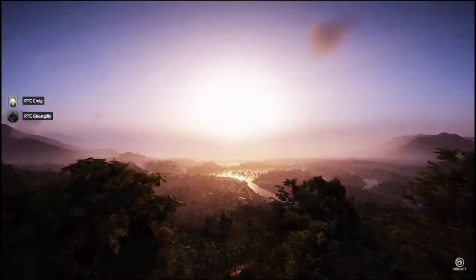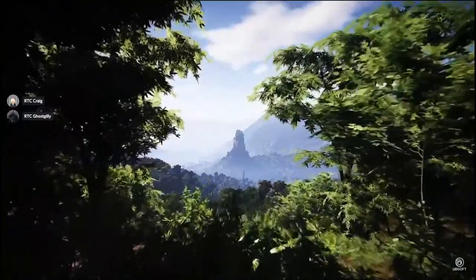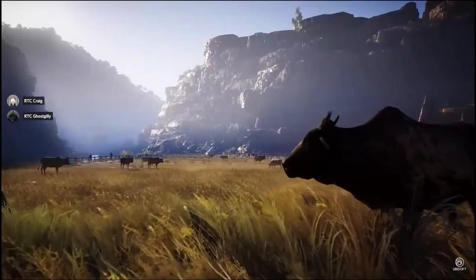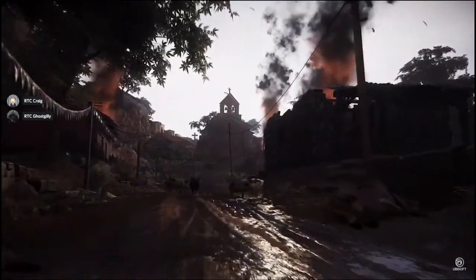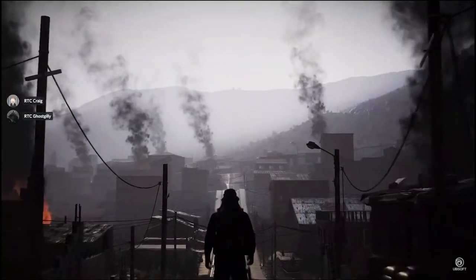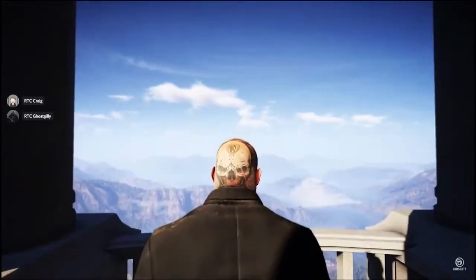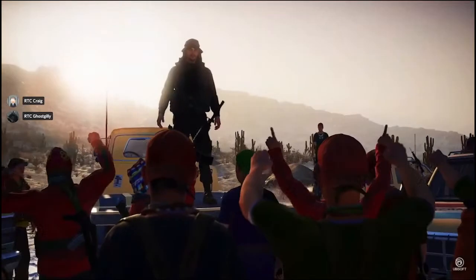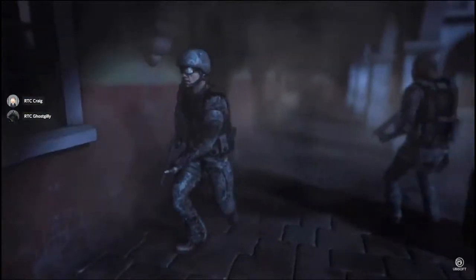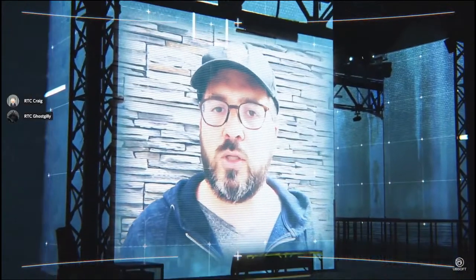Firstly, wide open areas. Ever since the original Ghost Recon in 2001, the Ghosts have always excelled in open environments. And secondly, when it comes to story, we've always taken great care to follow in the footsteps of Tom Clancy. Every game we make is a kind of what-if scenario. And finally, authenticity is the cornerstone of our brand, especially when it comes to the Ghosts and the tactical options they have.